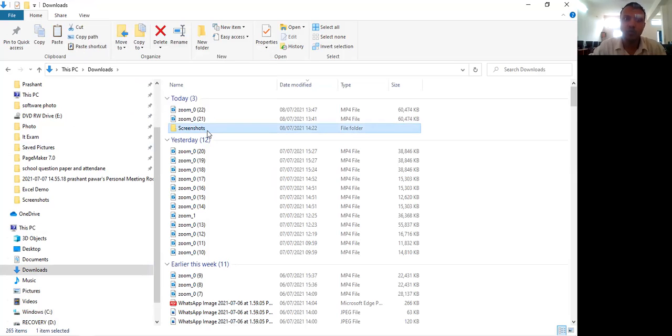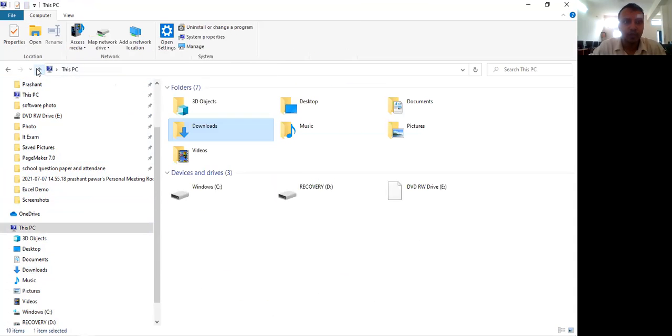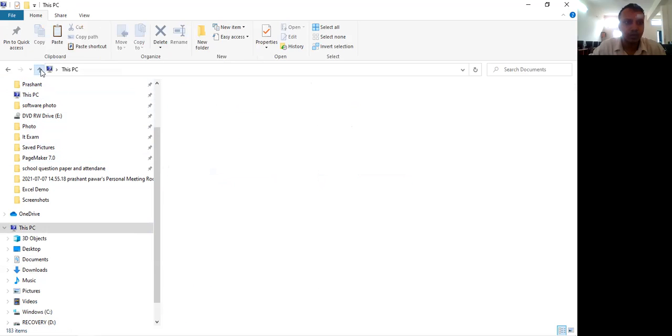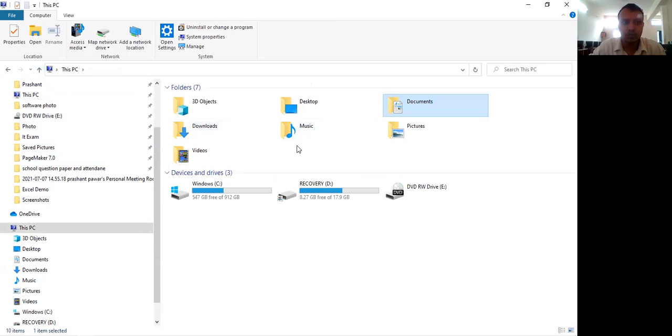That is why it is called storage management. We have moved this screenshot folder from one hard drive location to the download folder. We have moved this screenshot from My Computer, pictures we have seen, right?